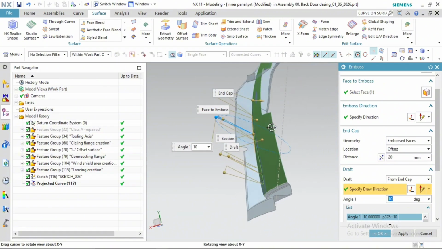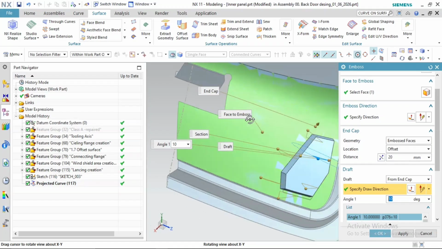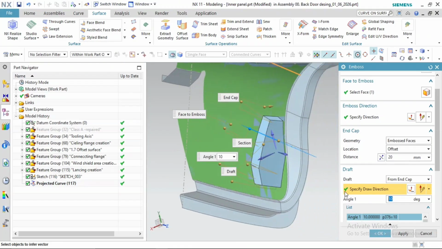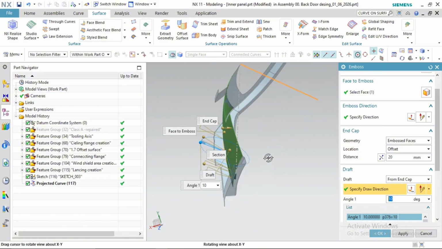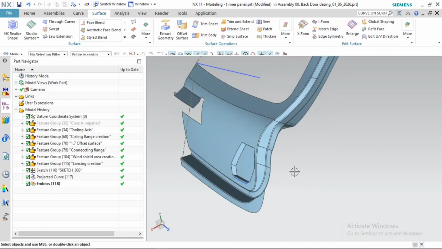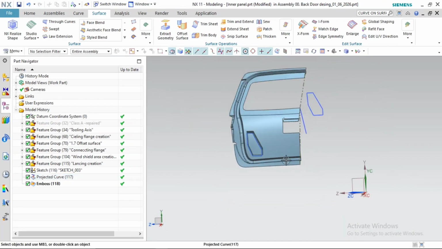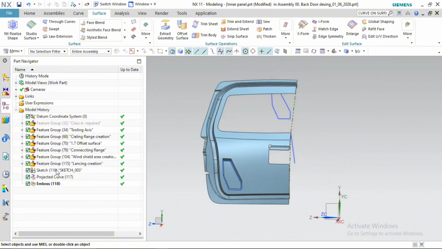So I think it would be more than enough. So next thing, yeah, it is okay. Click on OK. You have one emboss. So this is okay. Hide the sketch,